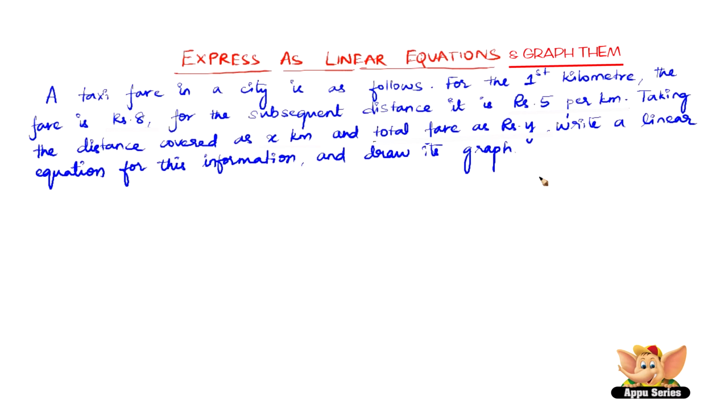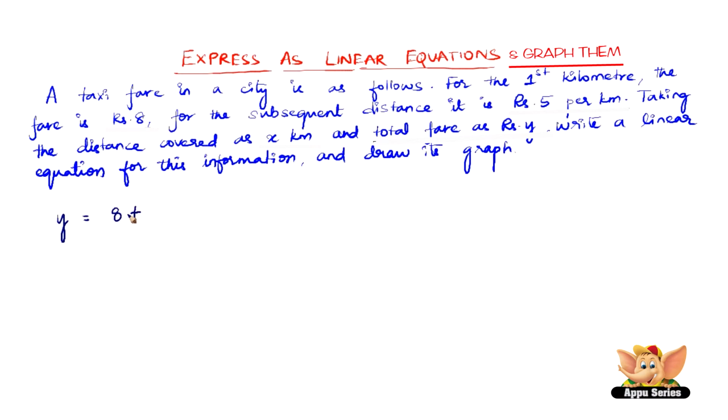So now, first let us try and write the linear equation required to represent this whole statement. We just have to find the total fare, which is nothing but y. Total fare would be nothing but the total cost for the total distance, that is x. Now the first kilometer costs rupees 8, which is a separate thing. So let us write 8,